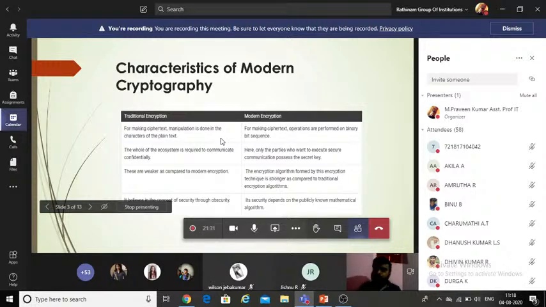This is the format. We know the basic idea about the Caesar cipher, Playfair cipher, Hill cipher, etc., but the calculation was done by us. So that is manipulation, a man-made work. In traditional encryption we have numerous types, and for every type the calculation was done by the human. Clear?